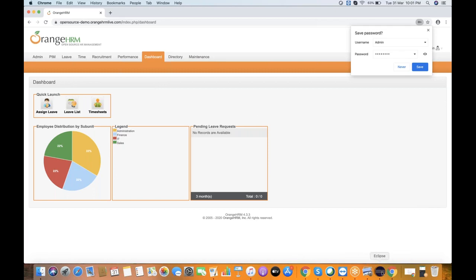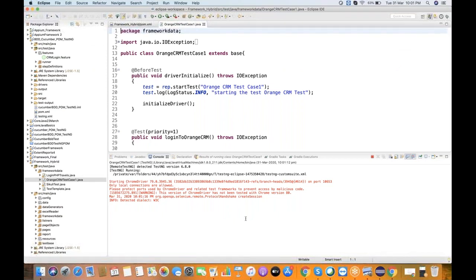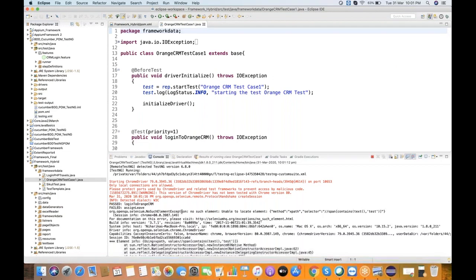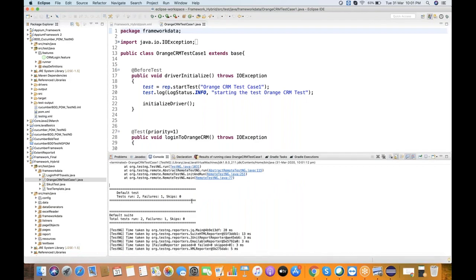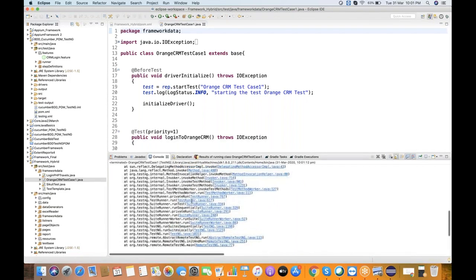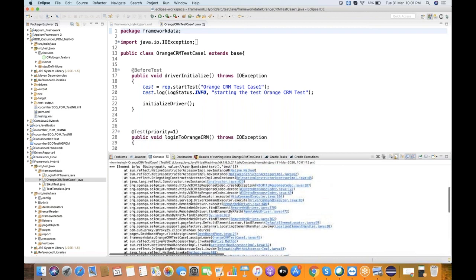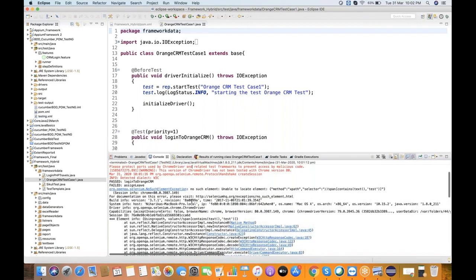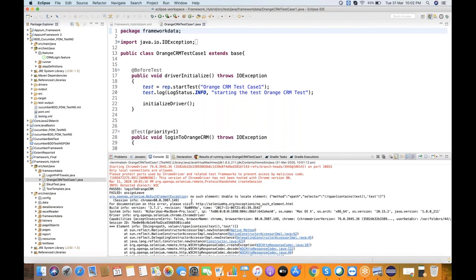Let's wait. If you don't use any reporting tool, even the TestNG results will be displayed in this console. Let the execution finish, I'll show you. So this test case has failed. Here you can see clearly, if you don't use TestNG, you don't see these kinds of results in the console. It failed because I purposefully changed the locator to see whether the report is showing properly or not.